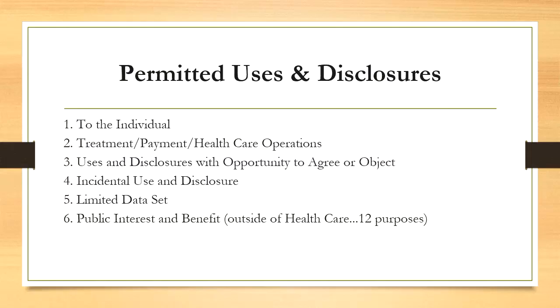As we just read about on the online course page, there are 6 permitted reasons for the use and disclosure of protected health information, PHI. Those are to the individual directly, for treatment, payment, or health operations, for situations where the patient has an actual opportunity to permit or object, incidental uses, limited data sets such as for research, and for public interest and benefit